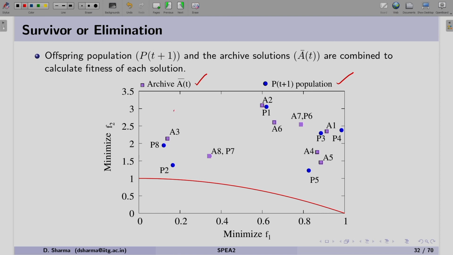Here, the notation A stands for an archive member, and the notation P stands for the population created after crossover and mutation. Therefore, we refer to this population as the offspring population.